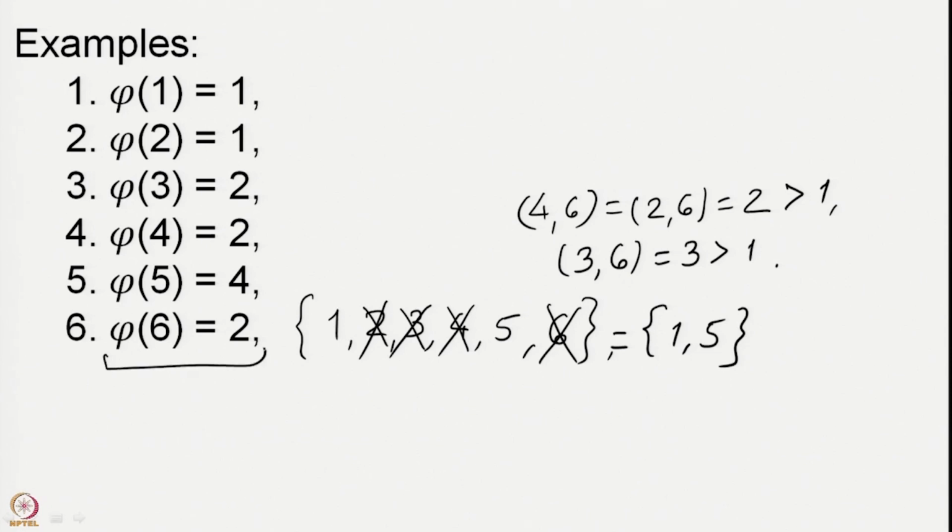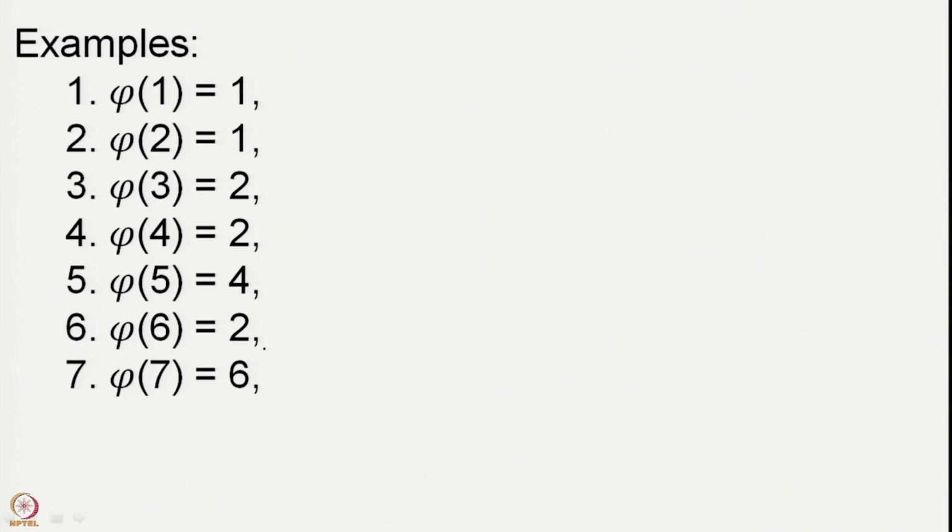Now, from the example of phi of 5, you should be ready for the answer of phi of 7, and that answer is indeed equal to 6. In fact, you should be able to generalize this by saying that whenever we are looking at a prime p, phi of p is equal to p minus 1. In fact, we have also seen this, that in Z_p all the non-zero elements are invertible. You can invert all the non-zero elements, and therefore, phi of p is p minus 1.